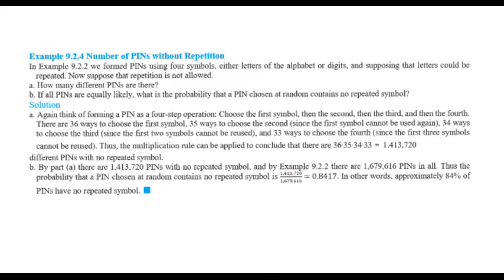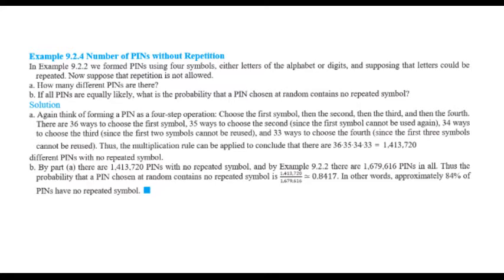The question here is how many different pins are there, and the second part of this question is: if all pins are equally likely, then what's the probability that a pin chosen at random contains no repeated symbols, correct? So in order to find the answer for part A, we have to think of creating a pin